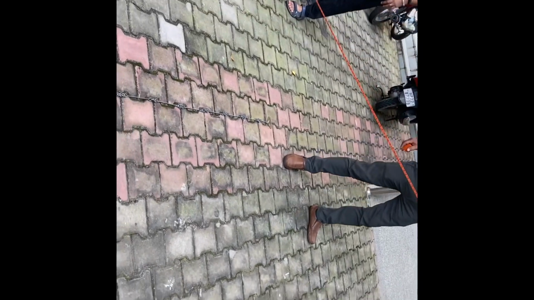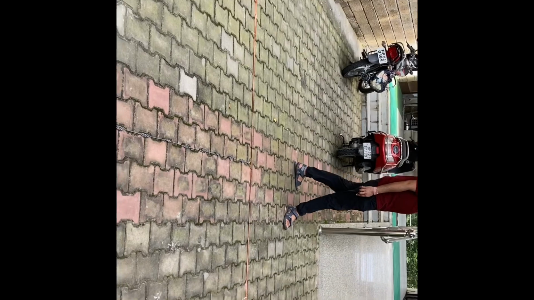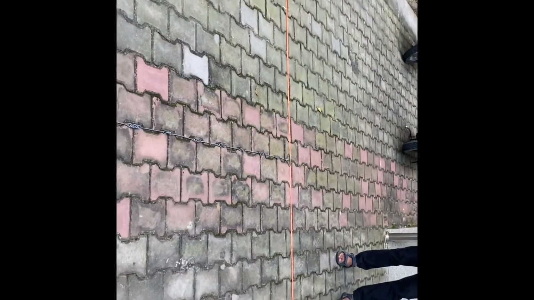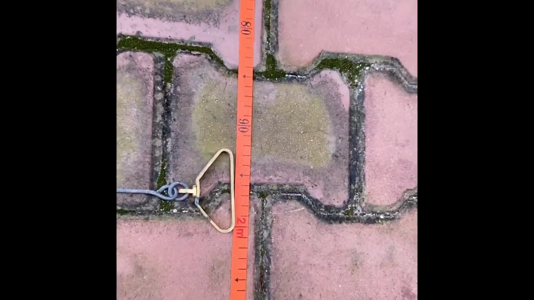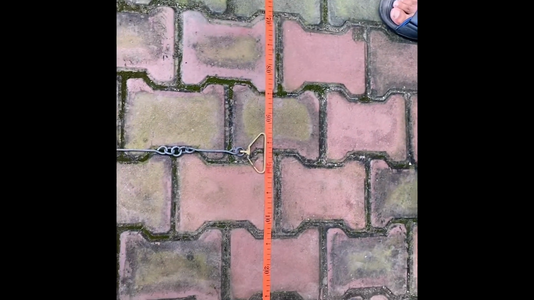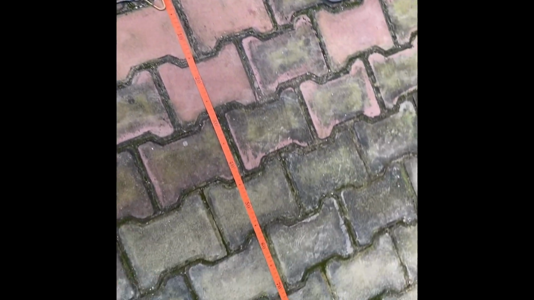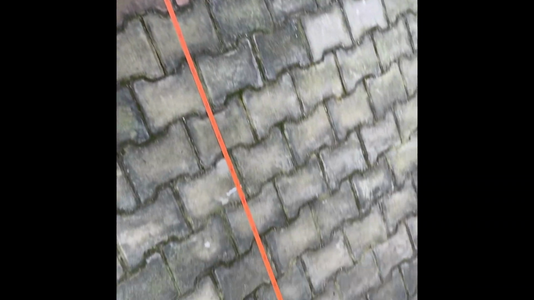So, this is my first cross section. You can see this is my first cross section. This cross section starts at 0 meter of the chain length. So, it is just near the handle. So, this handle, this is my 0 point over here. So, from here it is starting. So, we are having a perpendicular line on both the sides, right. So, we are having the cross section at 1 meter interval.